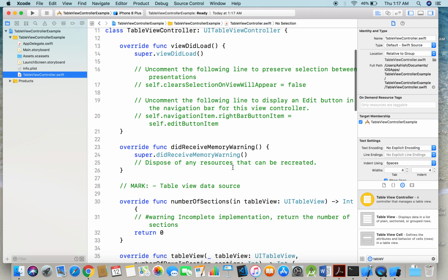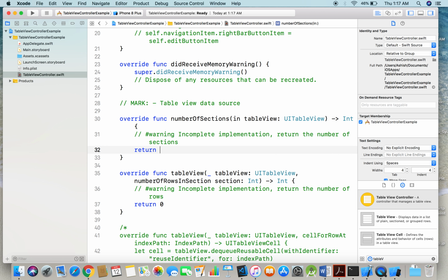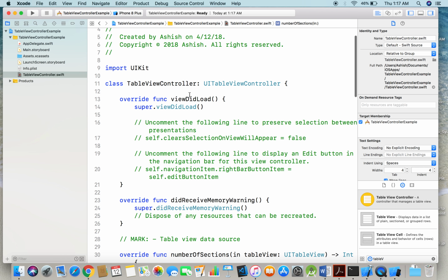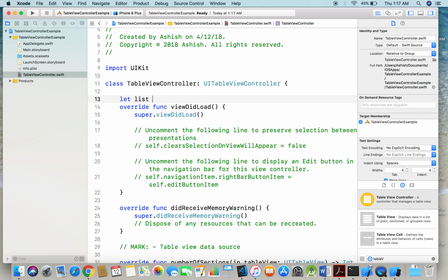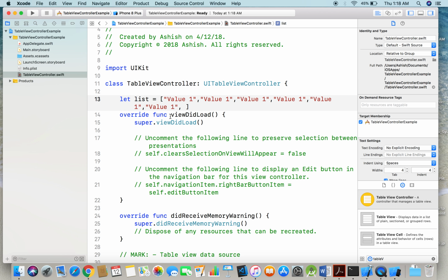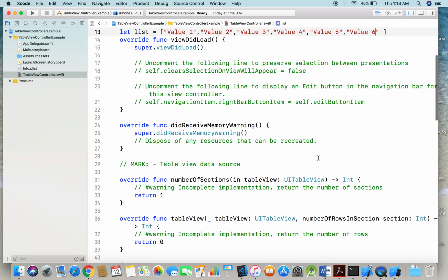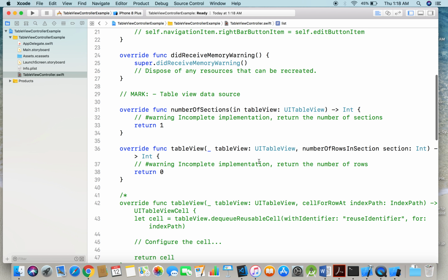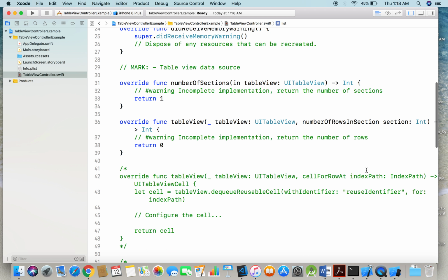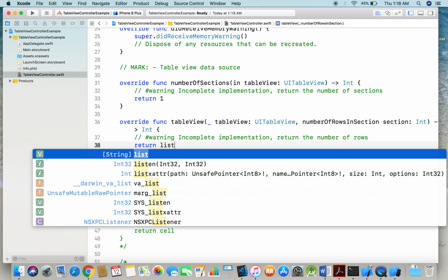And what we will do is the number of sections, we'll say the sections is 1, and we'll create a list again. So we'll say let list is equal to value 1, and we'll have 6 values. Value 1, 2, 3, 4, 5, and 6. So there are 6 values. The number of sections was 1. The table view for this one, we will say list.count,